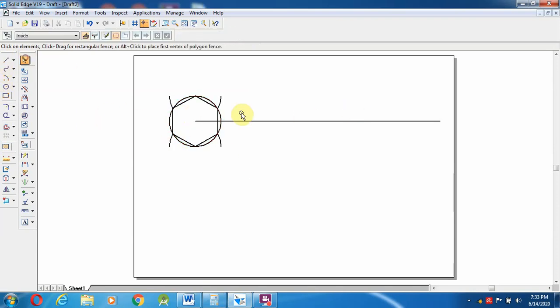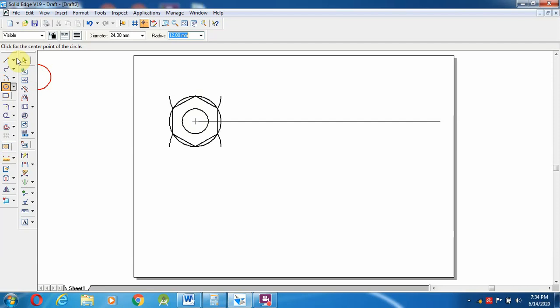After that, this is the line I am going to draw for the reference, so I am going to change it to 0.13 mm. Then I select the circle, again from this center point, with circle diameter, that means the shank diameter, the thread shank diameter, 24. So I am going to make a 24 mm circle over here.